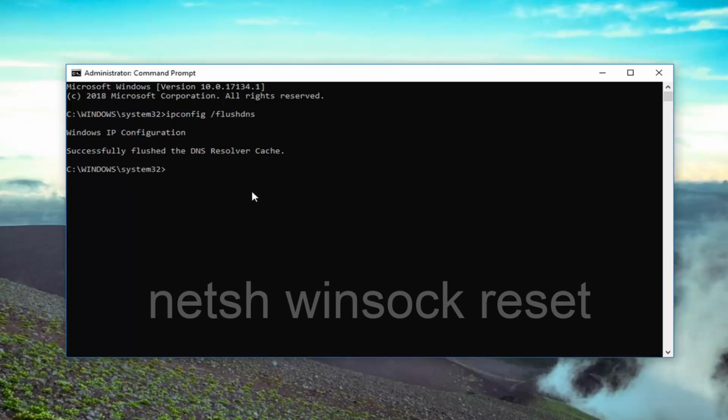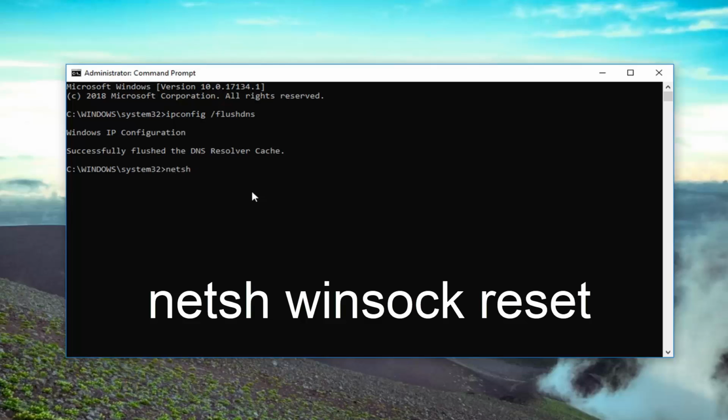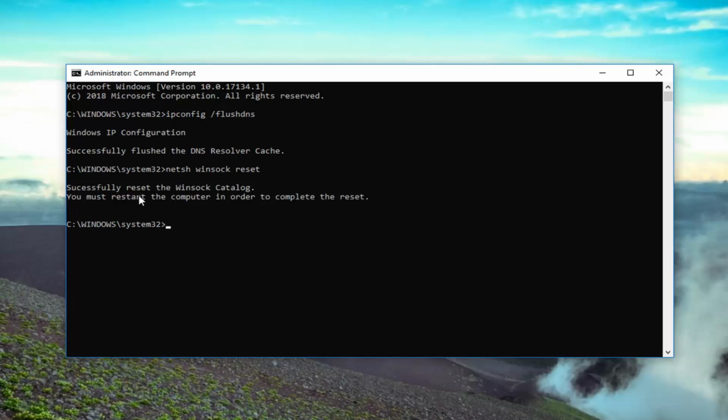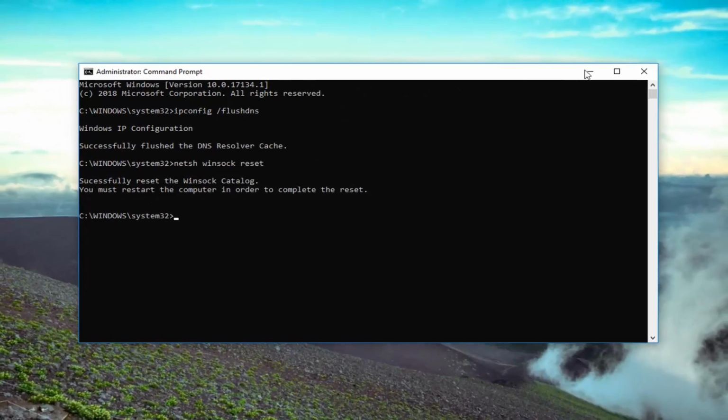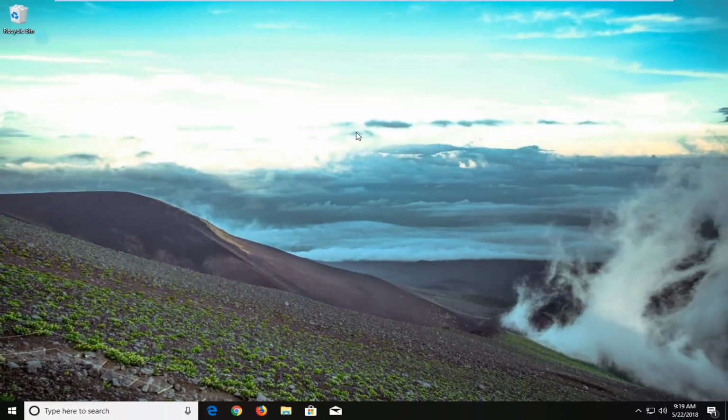Once you type that in, now you want to type in netsh space winsock, W-I-N-S-O-C-K, space reset. Then you want to hit enter. Should say you must restart the computer in order to complete the reset. At this point I'd recommend closing out of the command prompt, restart your computer, and see if that has resolved